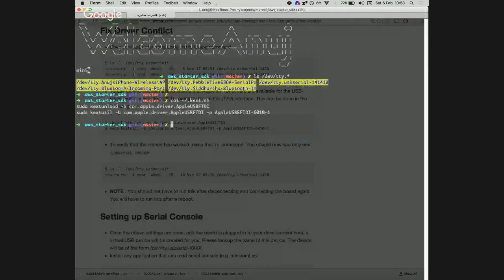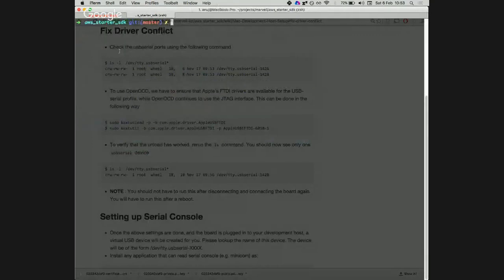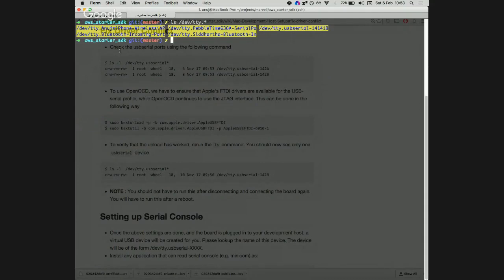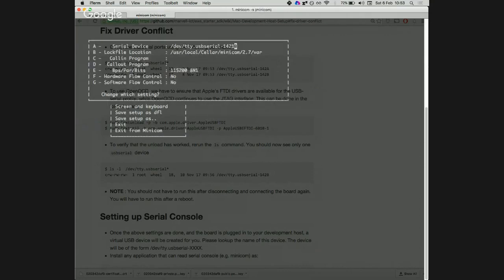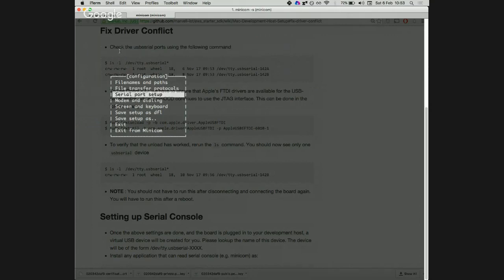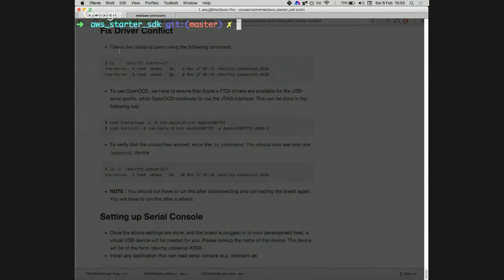Right. So the next thing that we are going to do is connect to this board that I have. It's 14141B. Right. Now I've connected the device. The next thing that we are going to do is